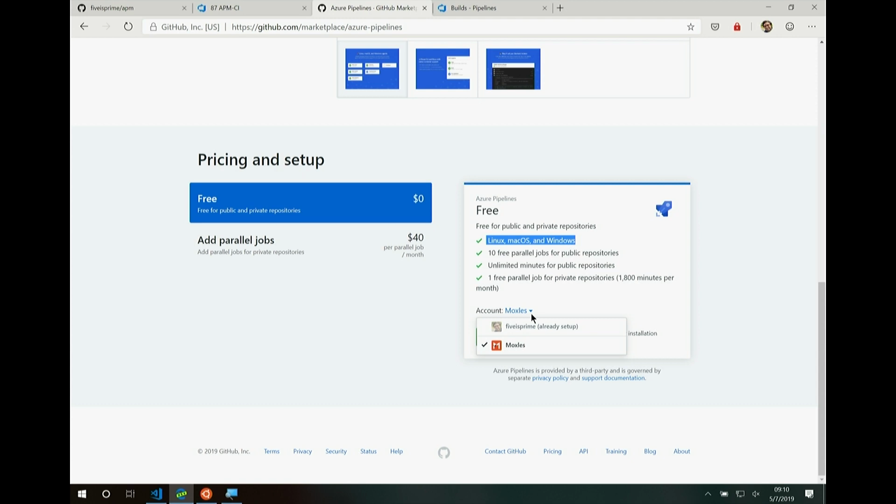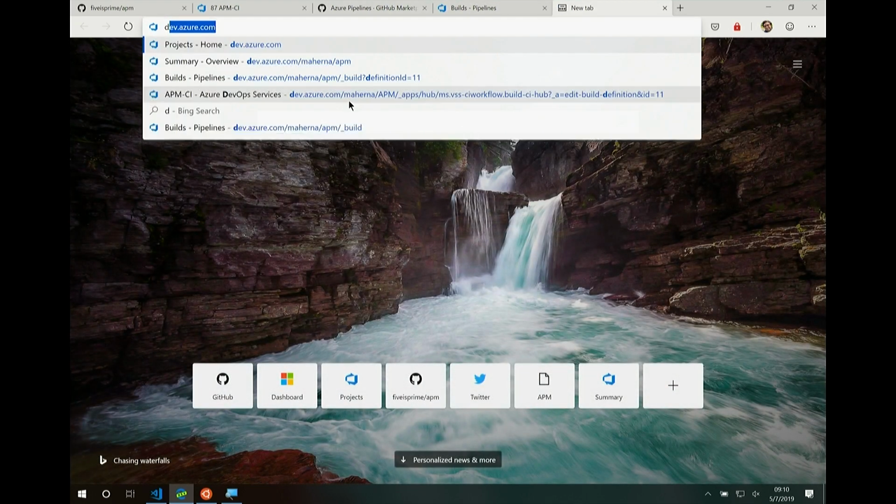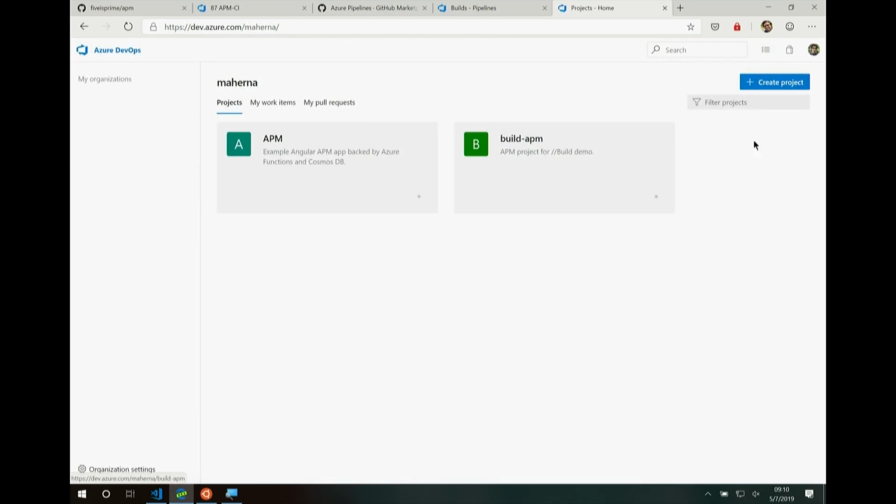We use this on the Azure extensions as well. We build everything on every platform. I've already got this set up for my main account, so I'm not going to click the button. But once you click this button, it walks you through how to get it set up. So your first step will be to choose, I can actually show some of that. First step will be to choose your